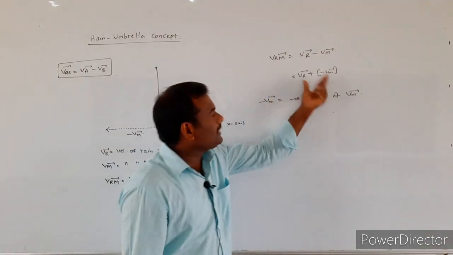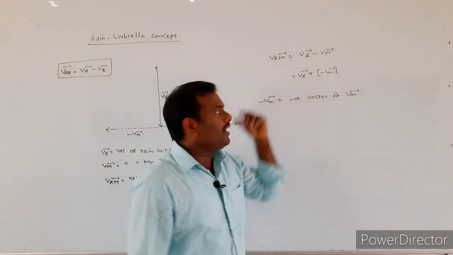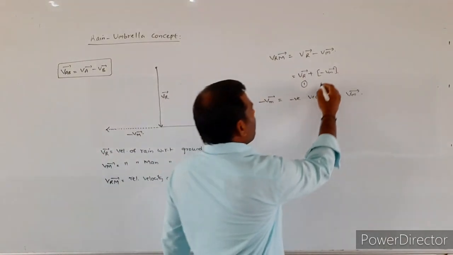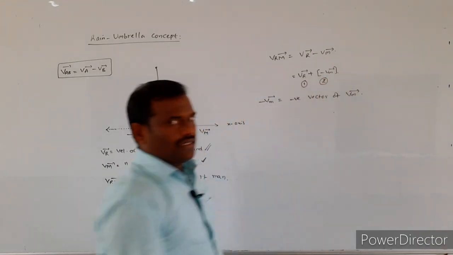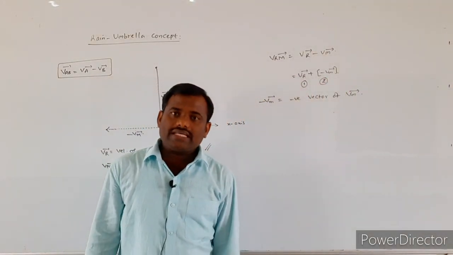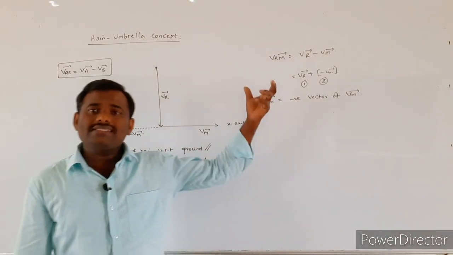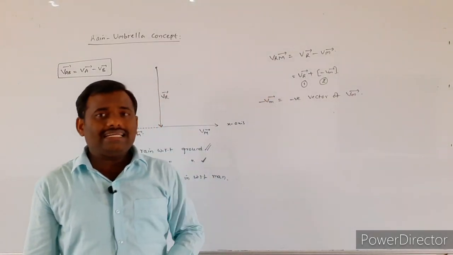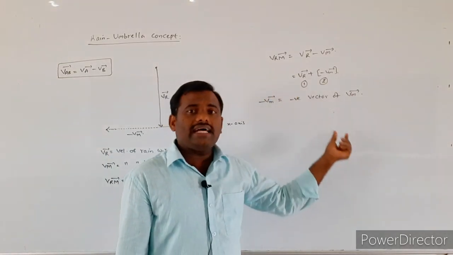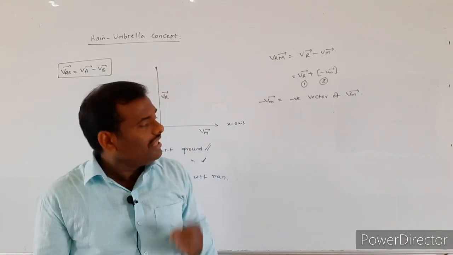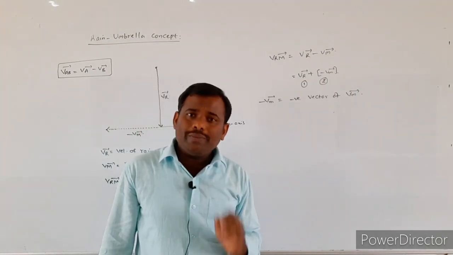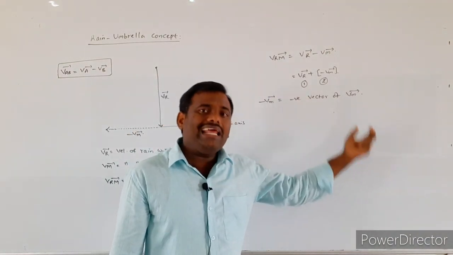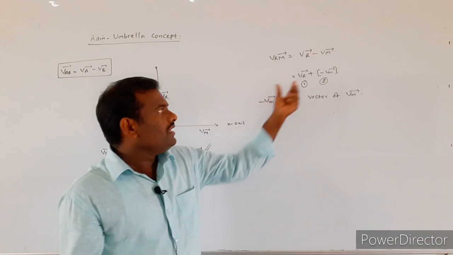Once again coming to this one, Vr bar is the first vector, minus Vm bar is the second vector. From this equation we are clearly saying that the velocity of rain vector will be vectorially added to the, again repeating, in this equation,